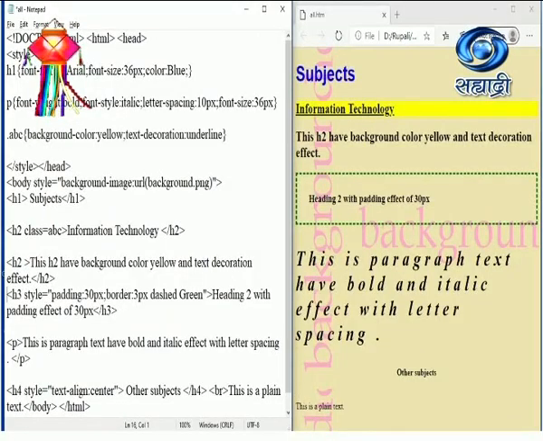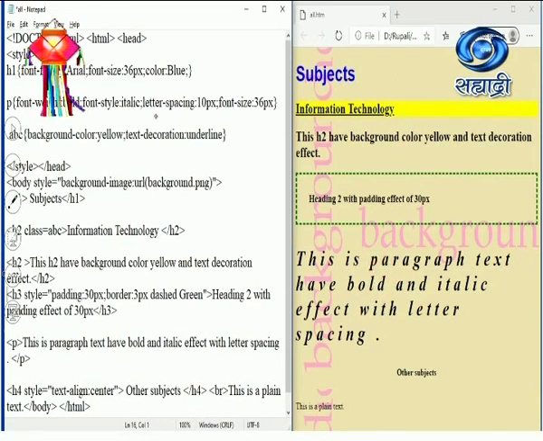So students, here is a code of the CSS properties. So H1 is having Arial font and 36 pixel size, and here color is blue. So if you observe over here, the blue color has appeared and Arial font has appeared for this. So I have mentioned for H1 three properties: font-family, font-size, and color. So for the paragraph, I have mentioned it should be bold and italic. So observe the font italic for the paragraph here.